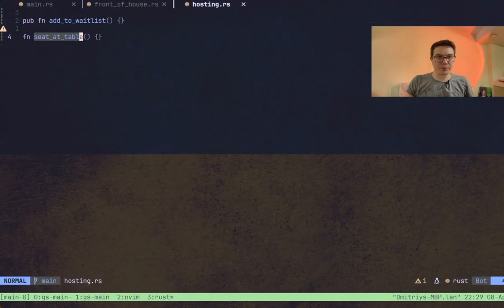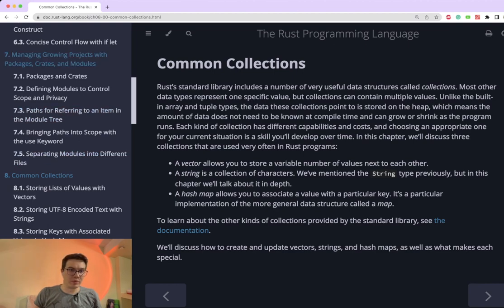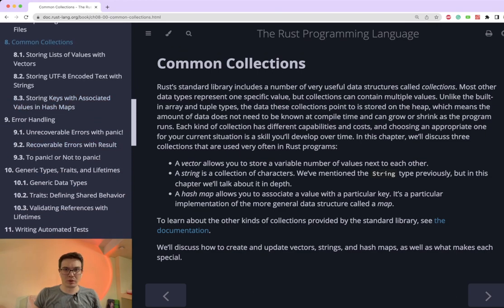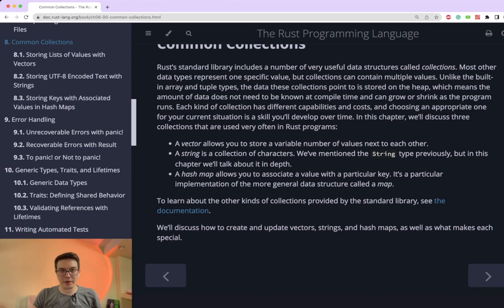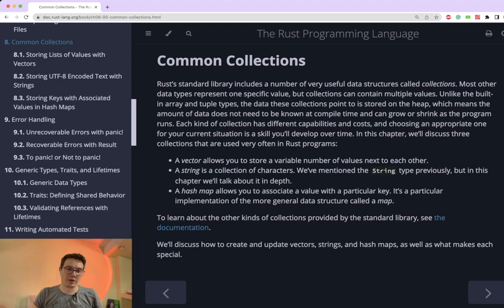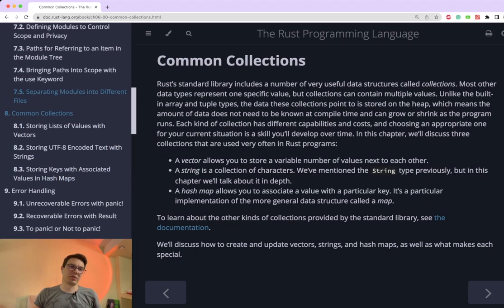So yeah, basically last stream we finished chapter 7 where we found out what modules, crates, packages, etc. are. And we found out about their scopes, things like this. And today we will start chapter 8. I think we will go through the first section, 8.1, and then I'm going to try Rustlings because we